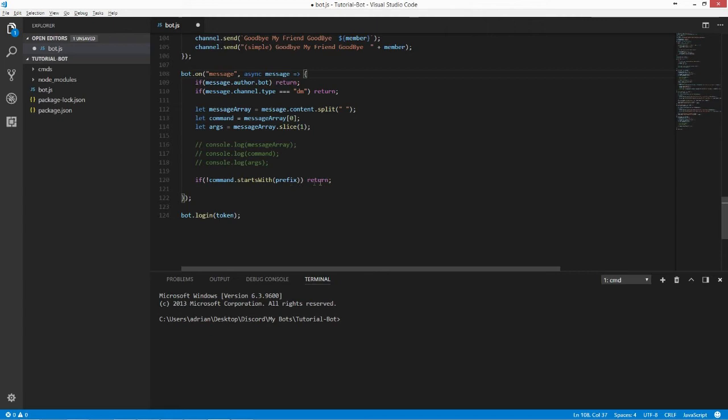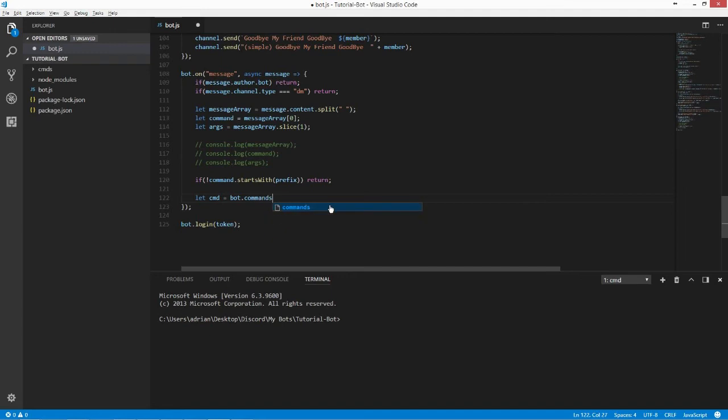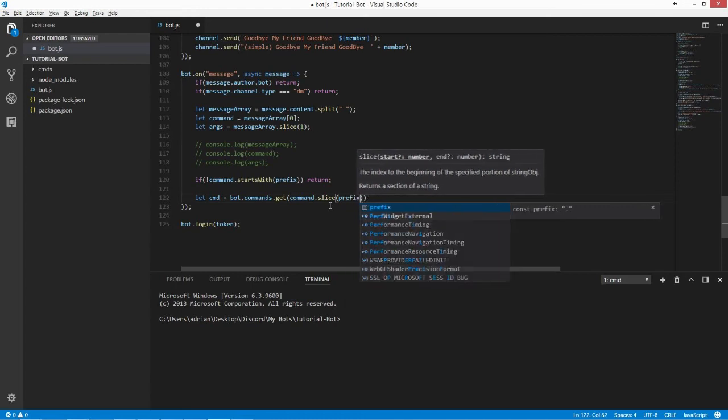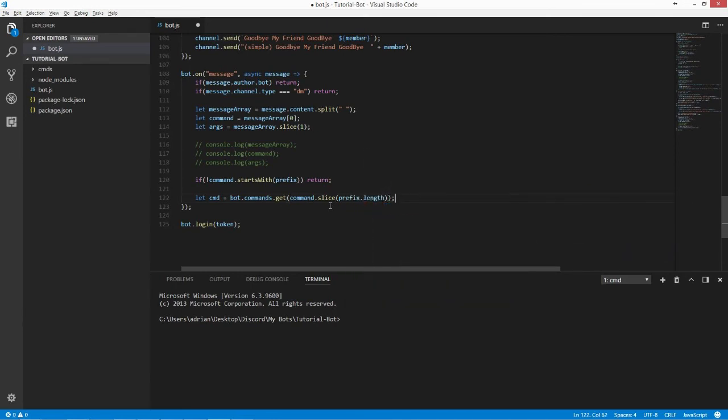If command starts with prefix. Yep, okay. Anyway, let's do let cmd equal bot.commands.get(command.slice(prefix.length));